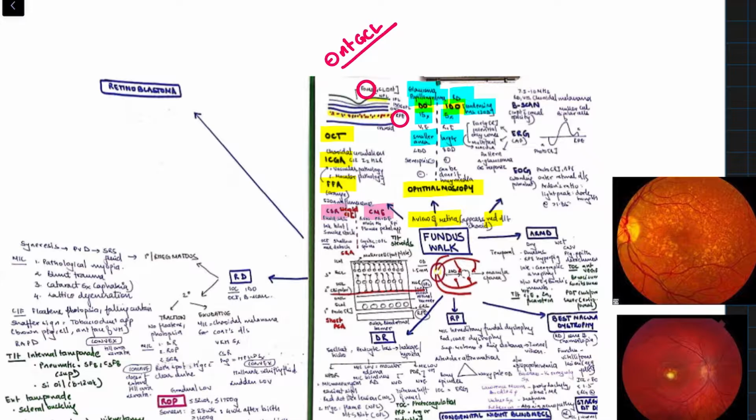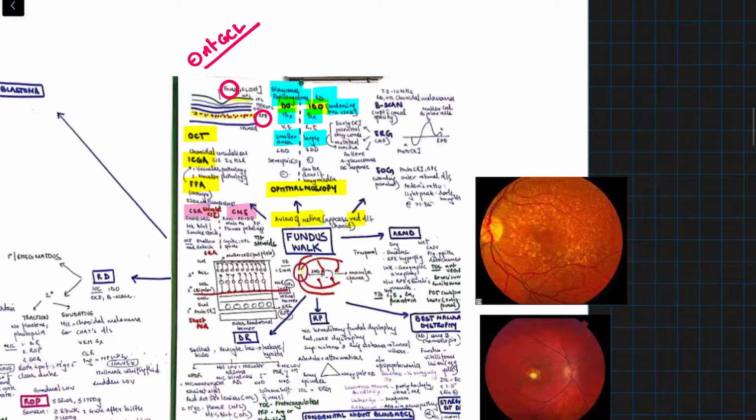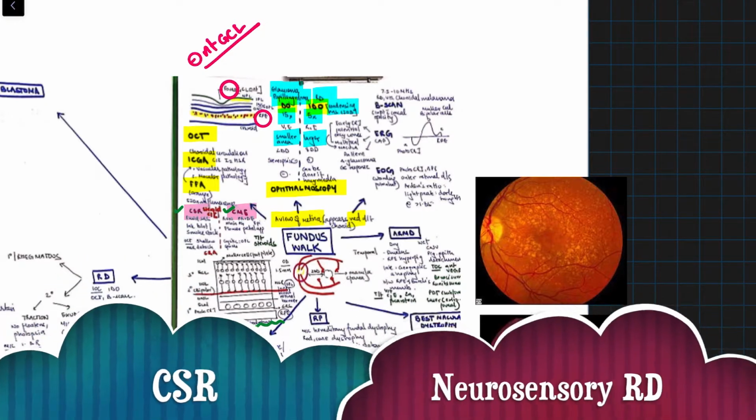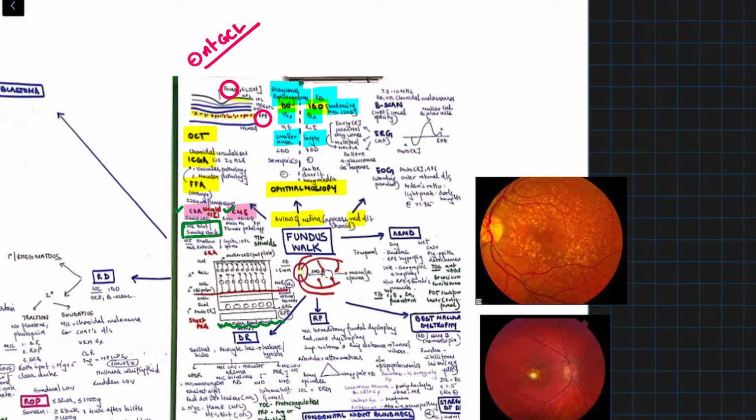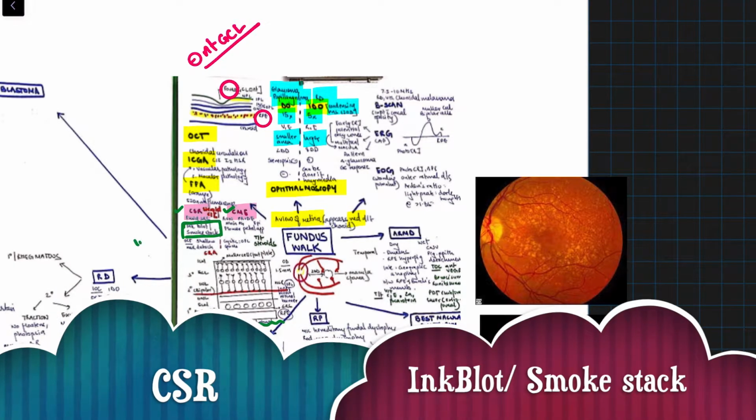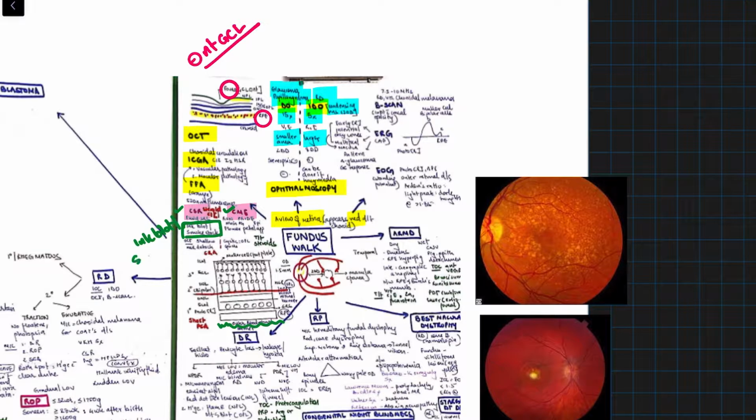Then there are two diseases that can be diagnosed using FFA, first is CSR and second is CME, right? CSR is nothing but there is fluid accumulation in the subretinal space, like here, between the retina and the Bruch's membrane, right? And the OCT here will show shallow neurosensory retinal detachment, while on FFA there will be an ink blot or smokestack pattern. Then let me write ink blot or smokestack